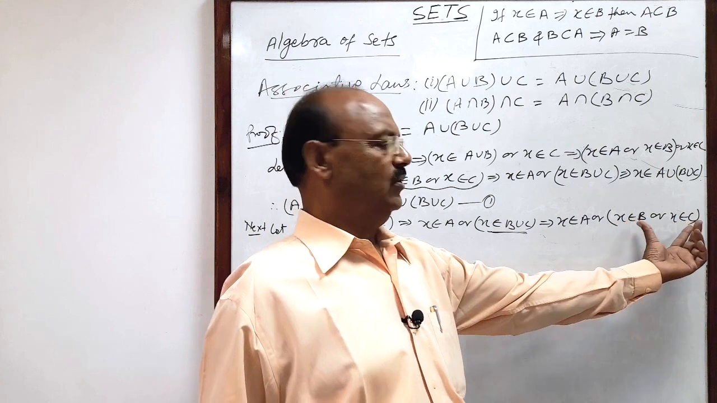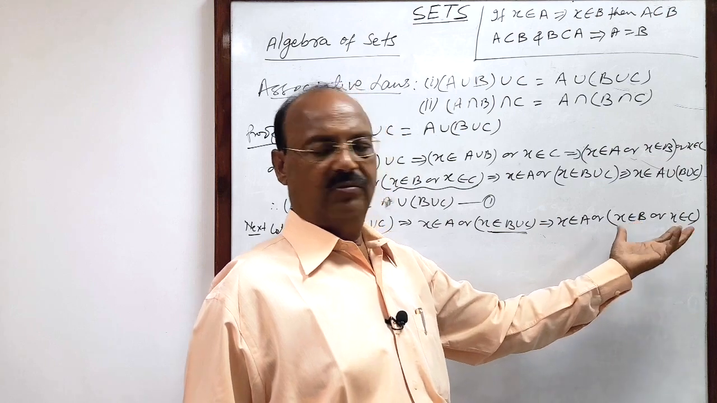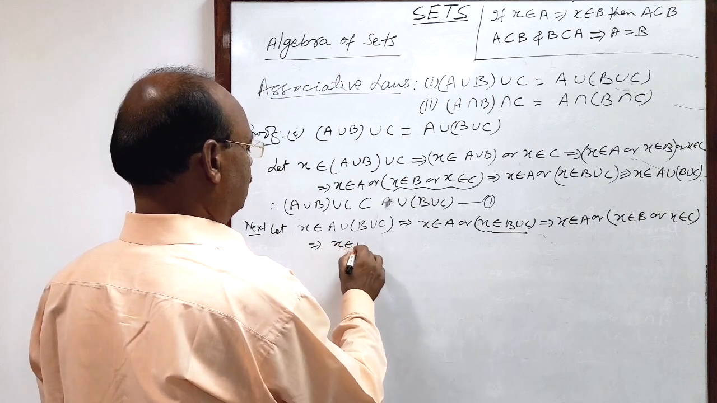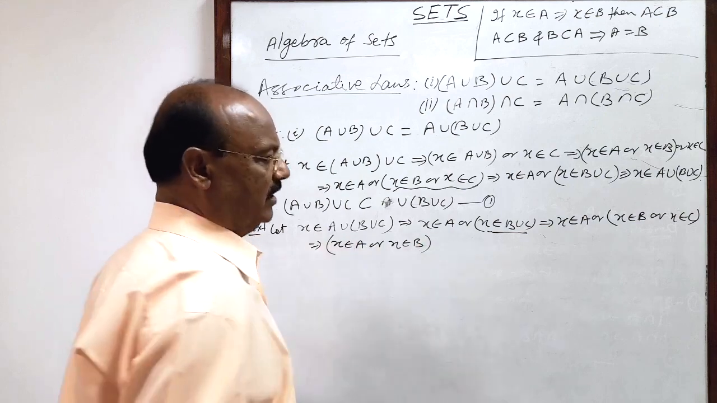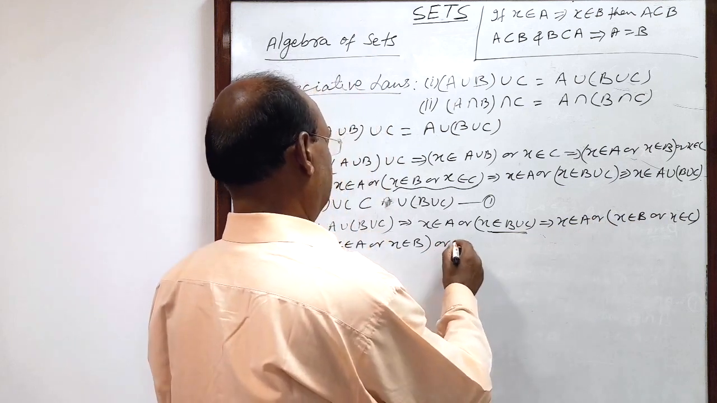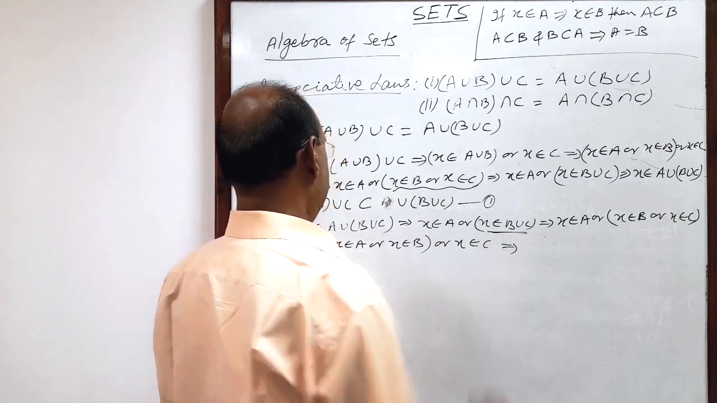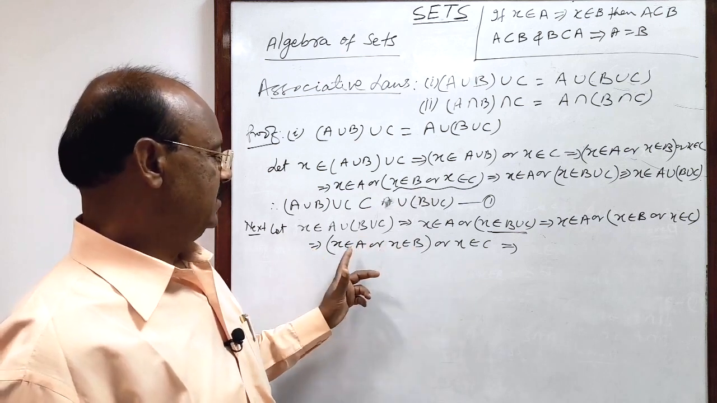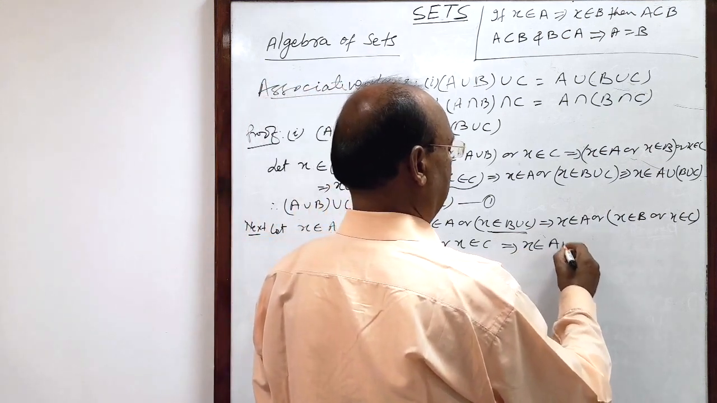Now we will change the position of this bracket. The statement will remain the same, so there will be no effect, and this implies that X belongs to A or X belongs to B. We are shifting the bracket here, or X belongs to set C. This implies that X belongs to set A or X belongs to set B. It means X will belong to the union of these two sets. So X belongs to A union B,